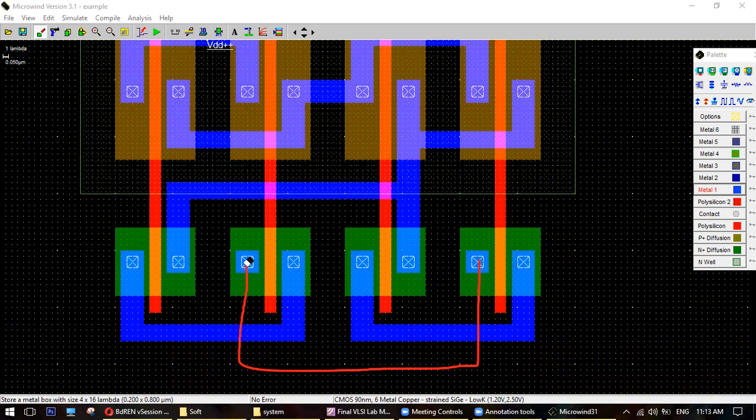The solution is you have to connect it like this, right? But what will be the problem? Shwaib, tell me, what will be the problem here? Yes, sir. Sir, the problem is the connection, sir. Yeah, the connections, because they will be connected together, right? Here. Yes, sir. They will be short. Yeah, they will be short.